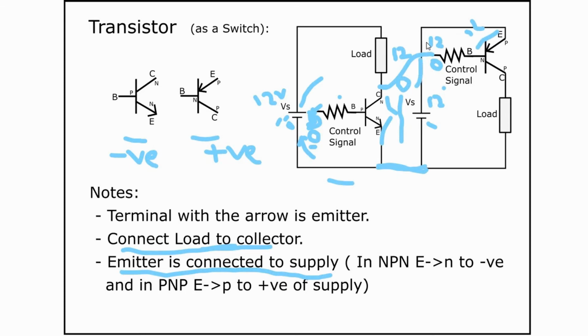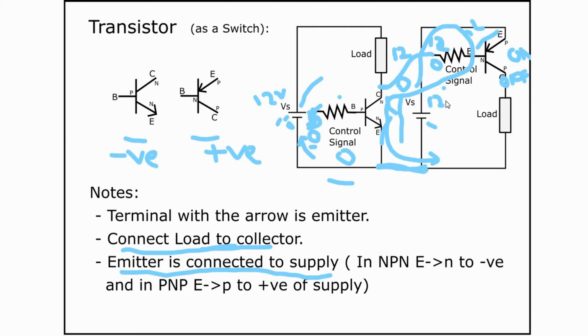So the current will start like this, go like this, go through this transistor and come back. So this is the current path. So when you give 5 volts, this PNP transistor turns on. When you give 0 volts, this PNP transistor turns off. So this is how you will have to use an NPN transistor as a level shifter to control a PNP transistor.